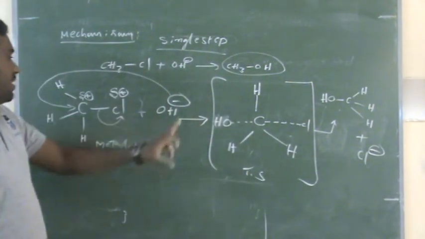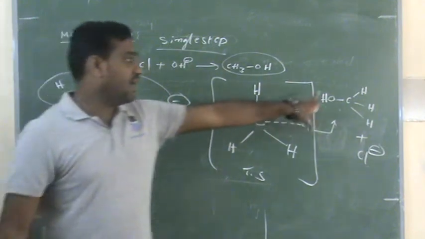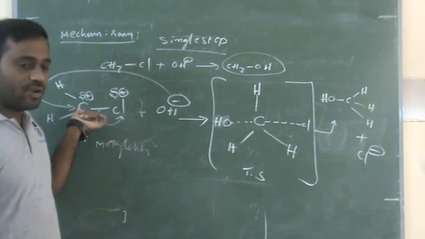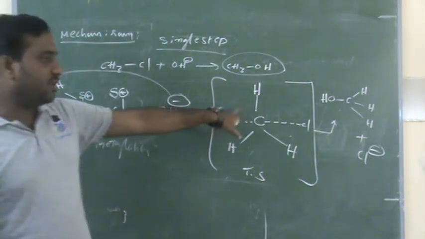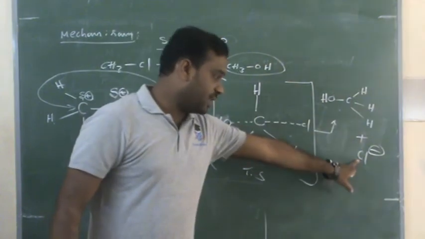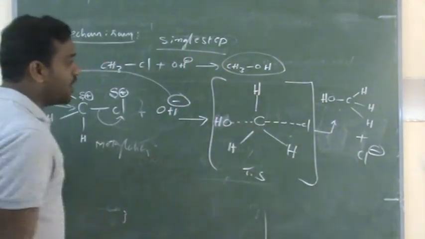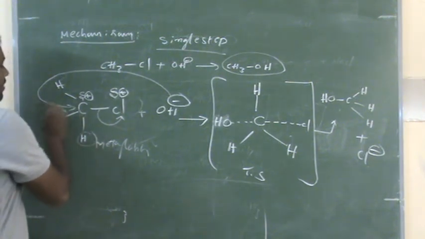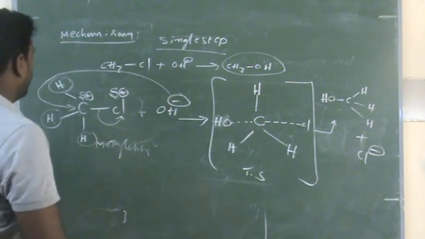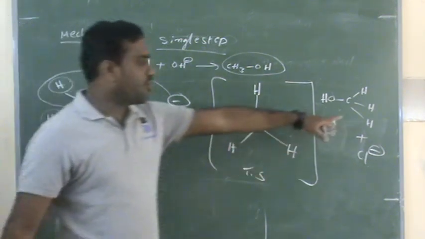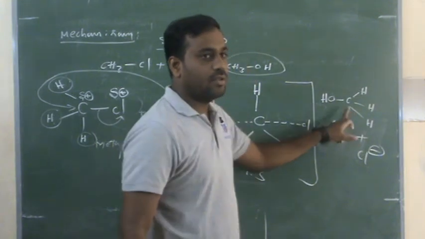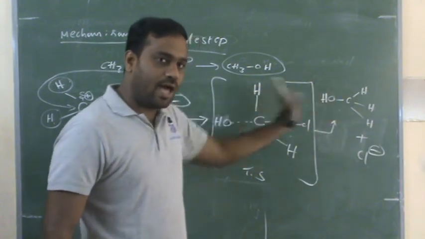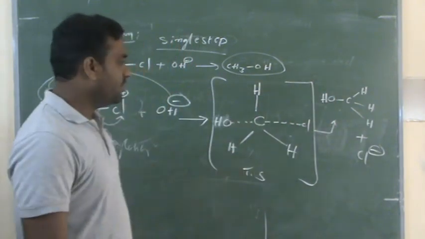You don't write another negative charge either here or here. Why can't you write a negative charge? Because these electrons are already donated to this electron deficient carbon atom. That's why you don't write a negative charge here, but you should write a negative charge here. You may have one doubt here. Sir, why is it that before you were writing these hydrogens on this side, I think my left side on the board, but in the product, methyl alcohol, the hydrogens are on the right side, entirely opposite? All those reasons we will discuss in the next class. Thank you.